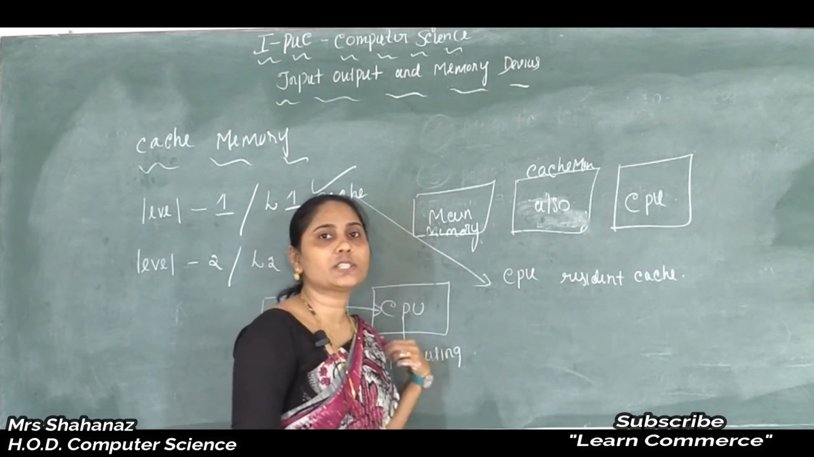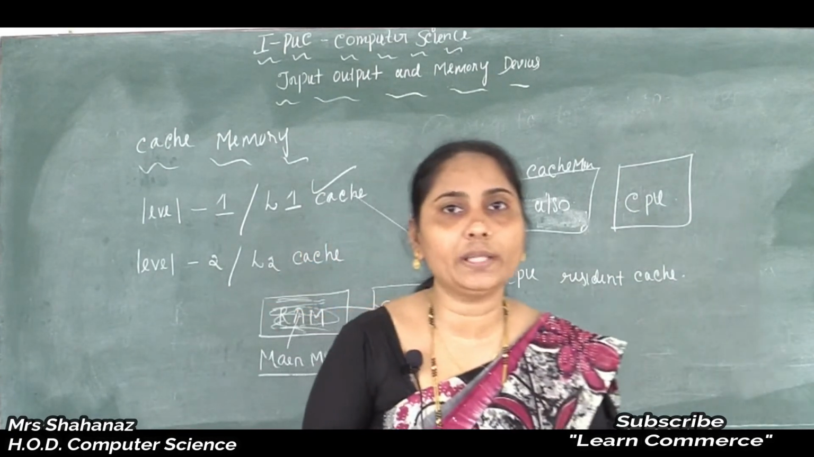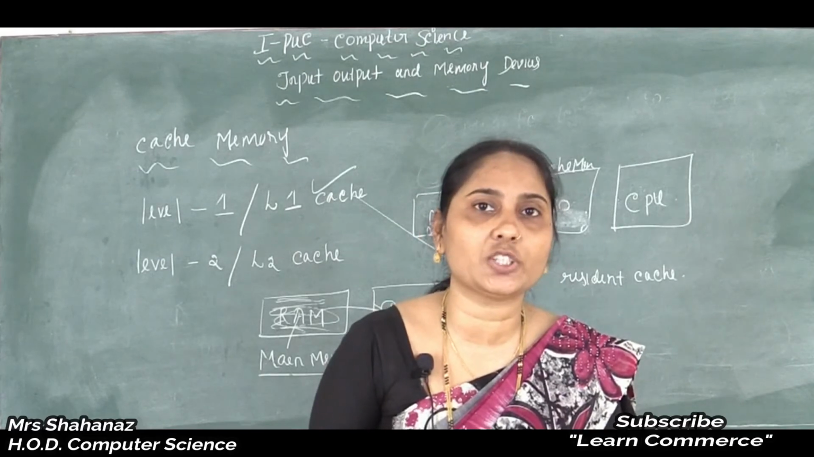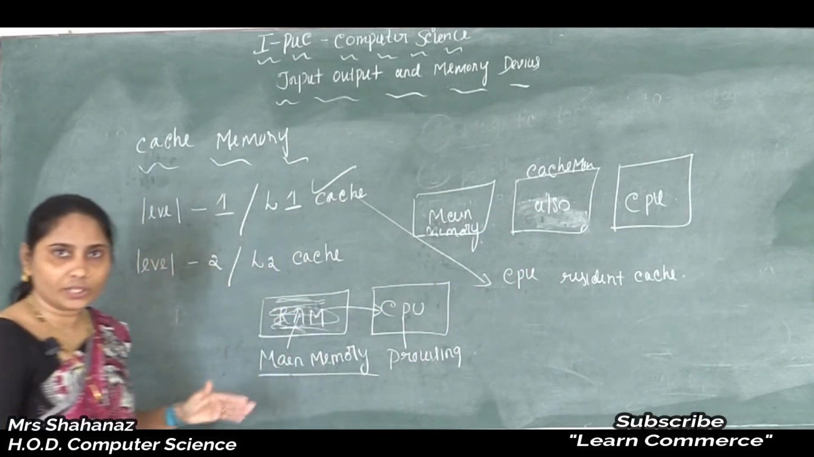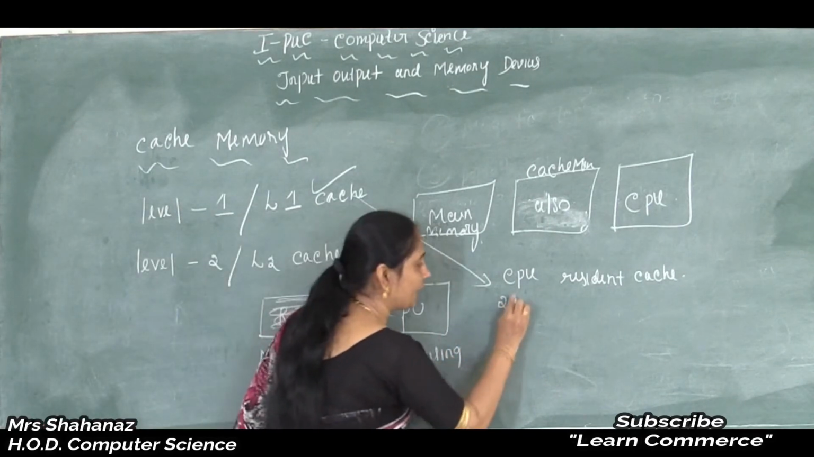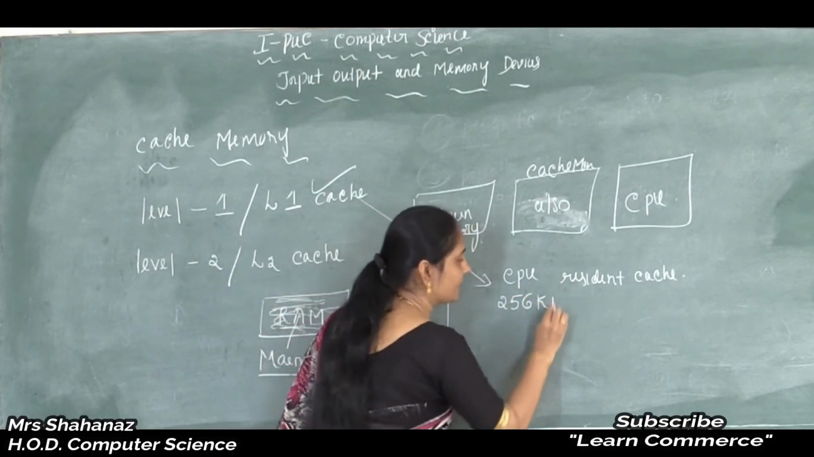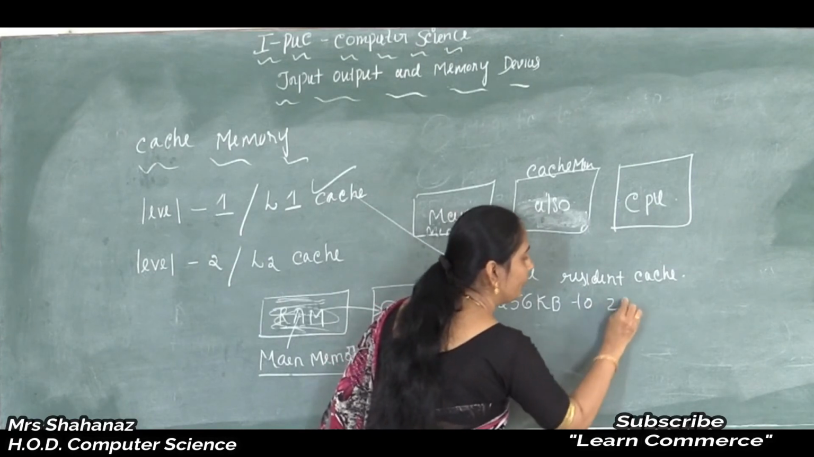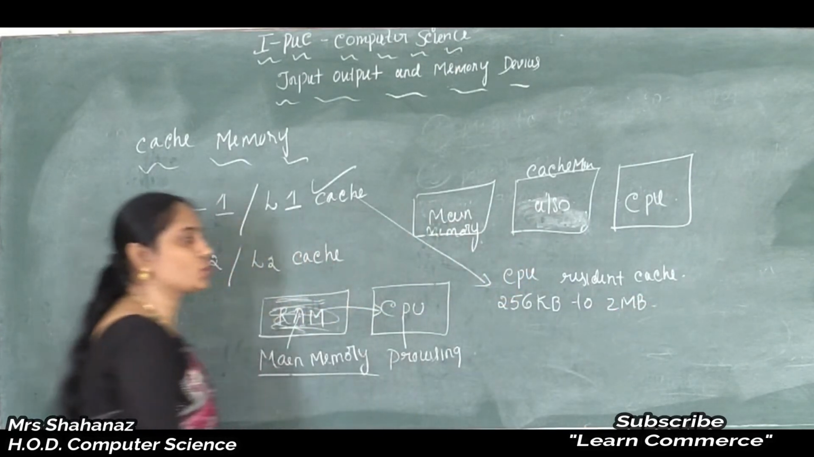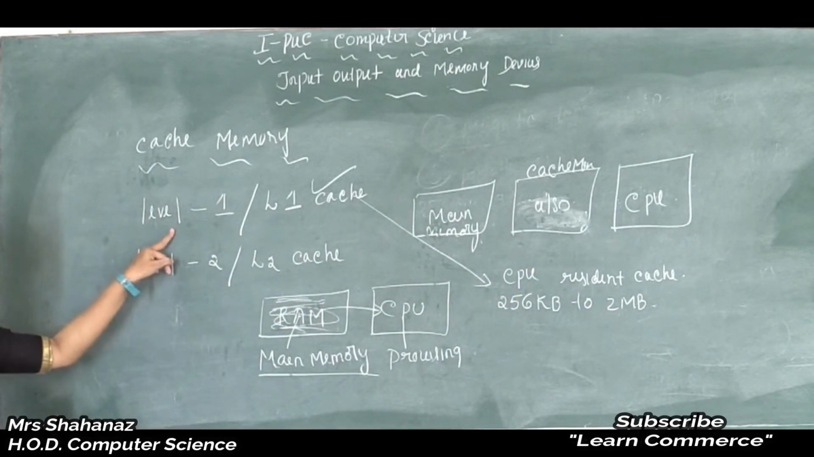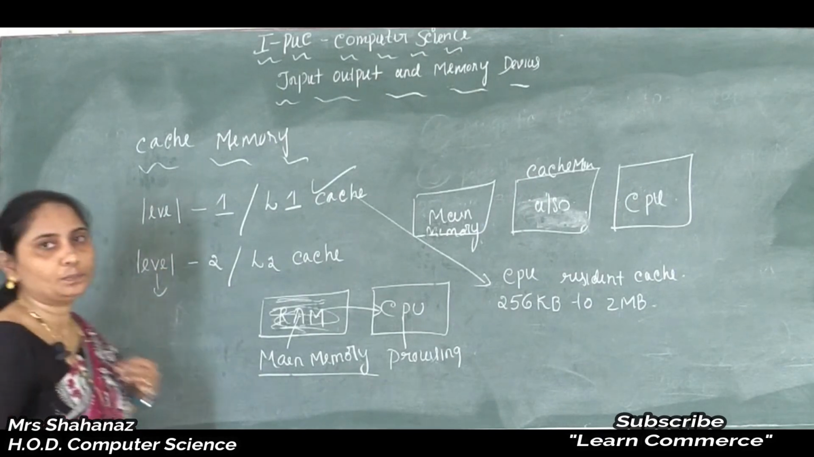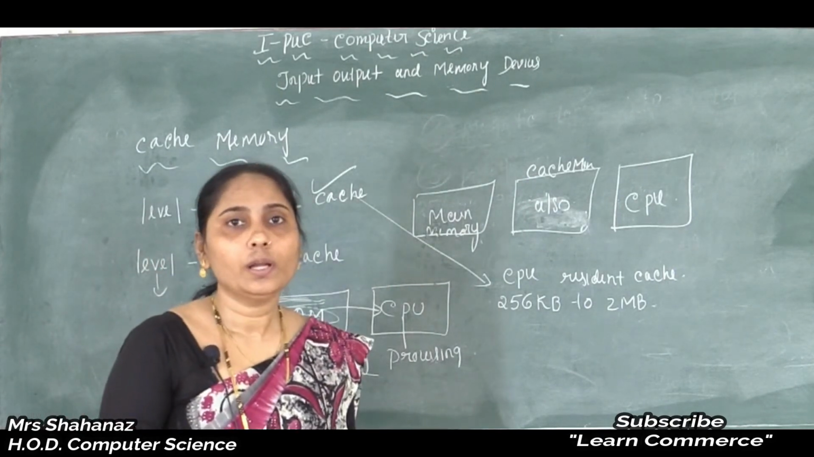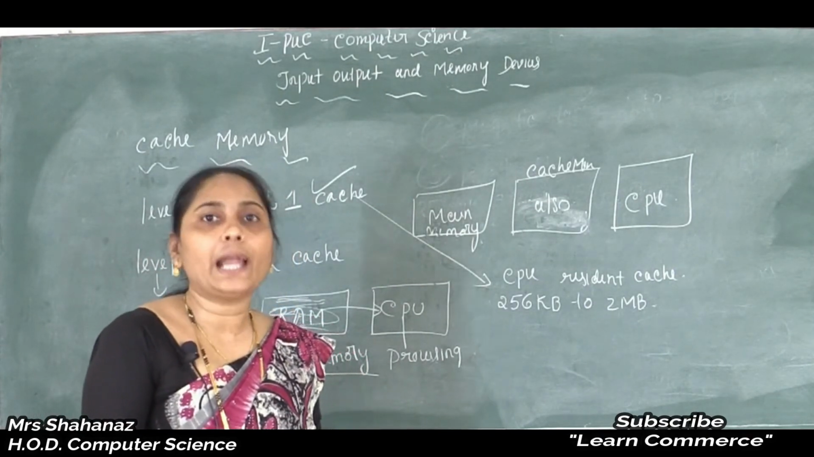Now what is the storage capacity, or what is the size of the level 1 cache? Here we can say the storage capacity is 256 KB to 2 MB. So that much information we can store using our level 1 cache. Clear this point here? Now after completing level 1, the level 2 is